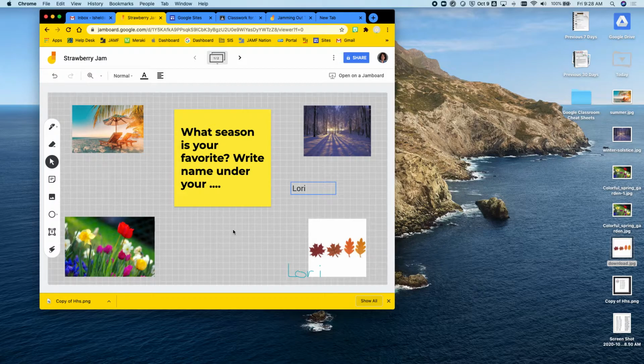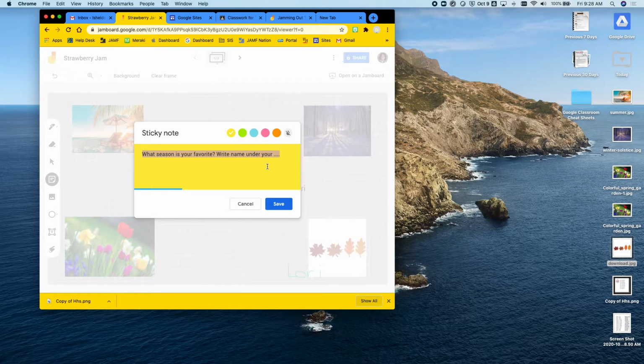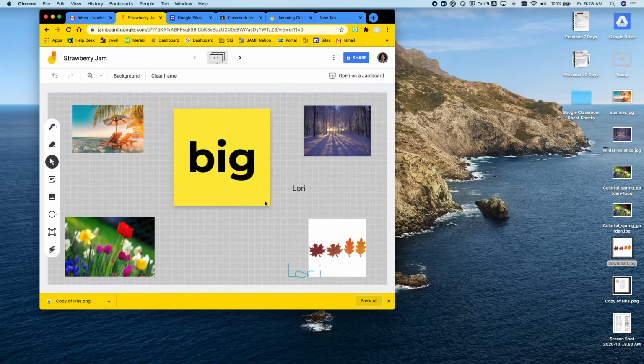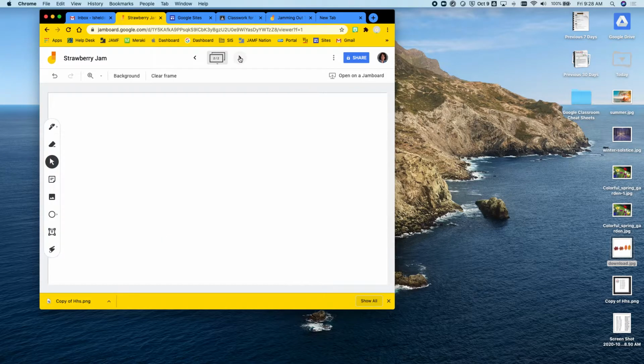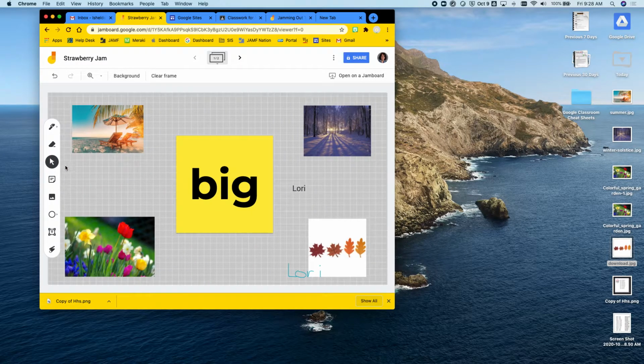I could have a brainstorming thing on here. I could say, okay, on here, write down as many synonyms as you can for the boring word big. I mean, you could do just about anything. You could advance to different pages. So these are just some of the tools. Here's your laser pointer. So if you're talking live to the kids as you're presenting, okay. This is open on a Jamboard. We aren't using Jamboards, which are expensive pieces of hardware, but they have opened up the software so that we can